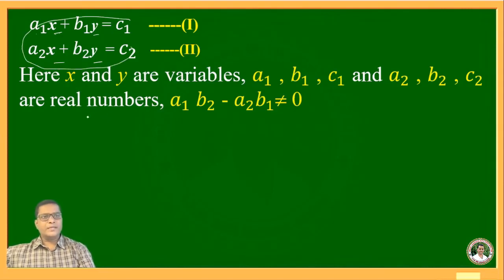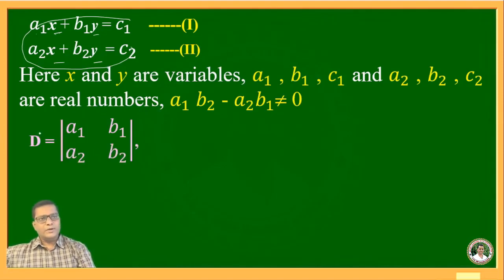What is the value of D? Here D is equal to the determinant with rows a1, b1 and a2, b2. Here for this D there is no variable, so we can eliminate c1, c2 and write the coefficients of both the variables in these two equations. If we write Dx, here Dx is there, so eliminate the coefficients of x. Then Dx will be c1, c2 and b1, b2.